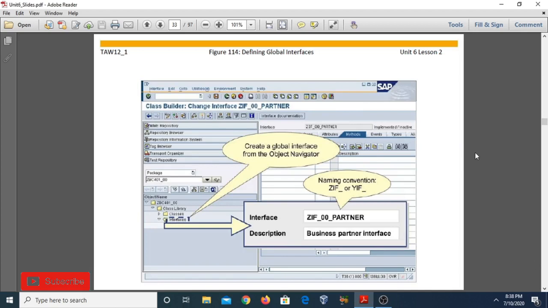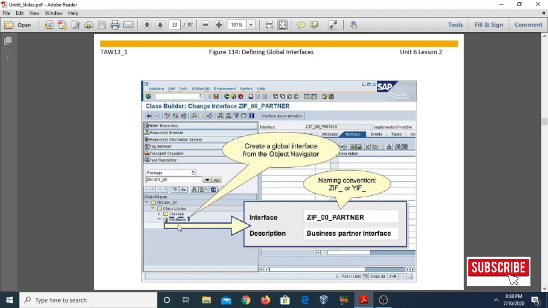You can see defining global interfaces. After opening the class builder, you can create the global interface. Just select the package in SE80, and in this package, if you want to create the global interface, just right click on it and create interface. The most important thing I want to tell you is the naming convention that we use when defining global interfaces, which is ZIF or YIF.